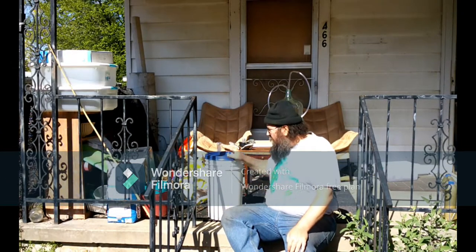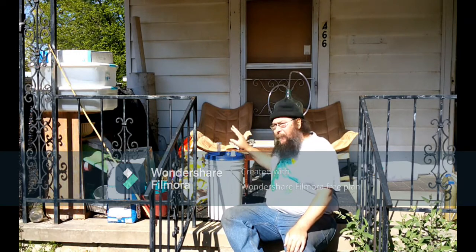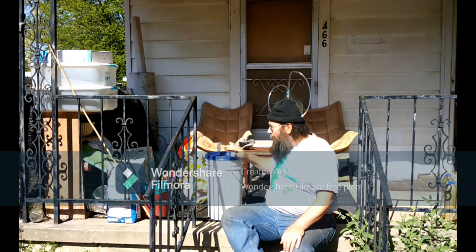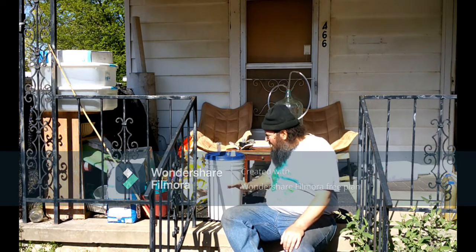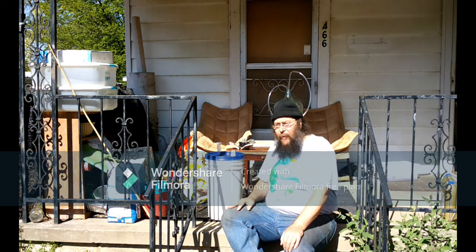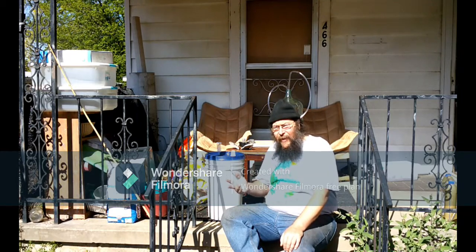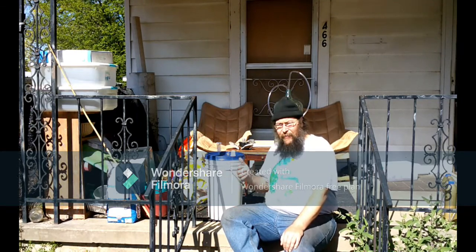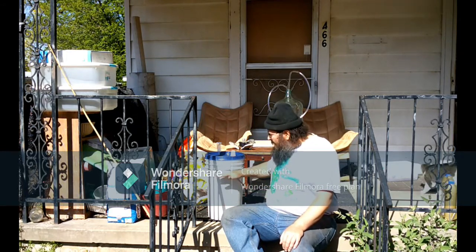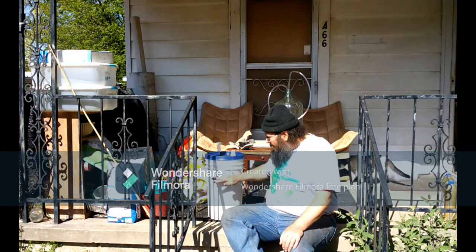So whenever this is going along really good, that airlock will be popping every 10 to 15 seconds or so. But after about a week or two, the airlock has slowed its movement down to maybe once every 30 or 40 seconds. So there's still living yeast in here, but most of the sugars are being consumed, or the yeast is dying off because the alcohol content is getting too high. In this case, there wasn't that much sugar in there to begin with, so they're actually running out of food to eat. And that's fine, but in the process of all of the reproductive cycles,